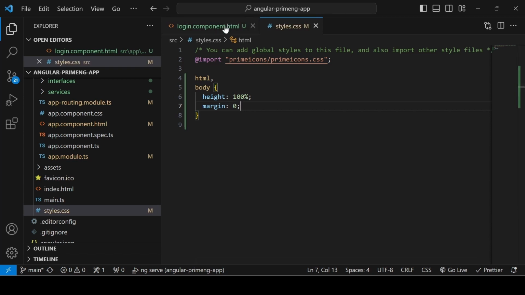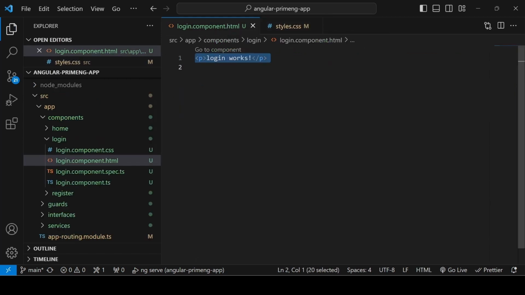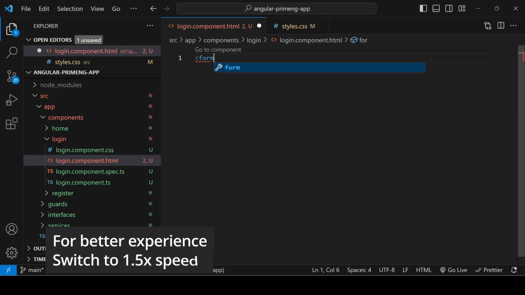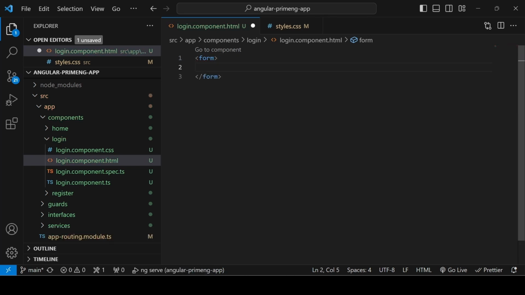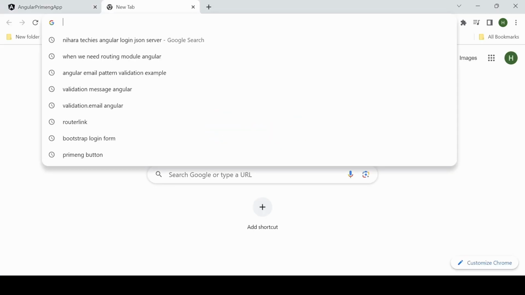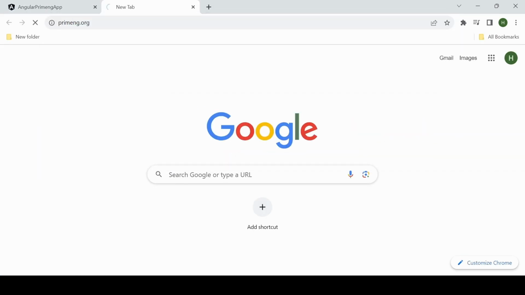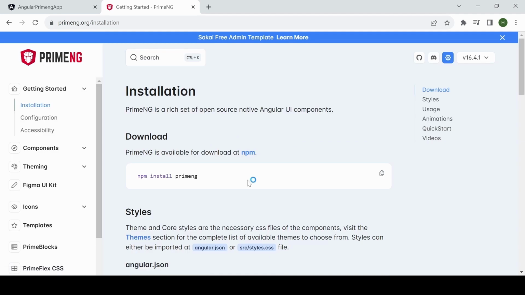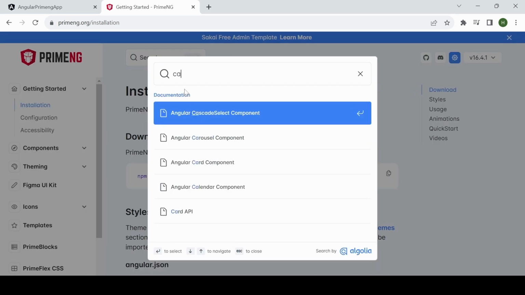Coming to the login page, I have to create a form first. So I'm creating a form. Then first you have to add the card component. So go to the PrimeNG website. We are using PrimeNG for everything, so it will be easier. We don't have to create everything manually. So you can search for the card component